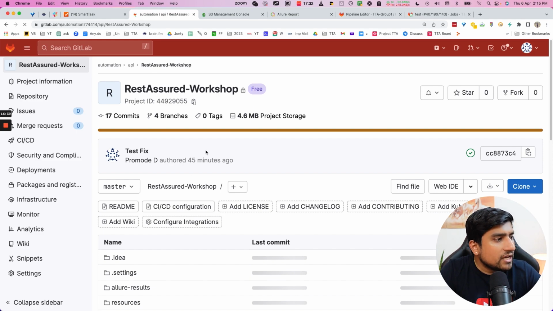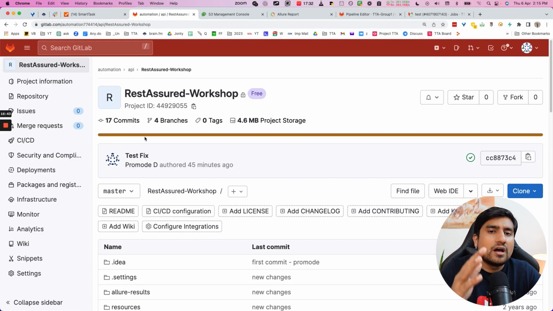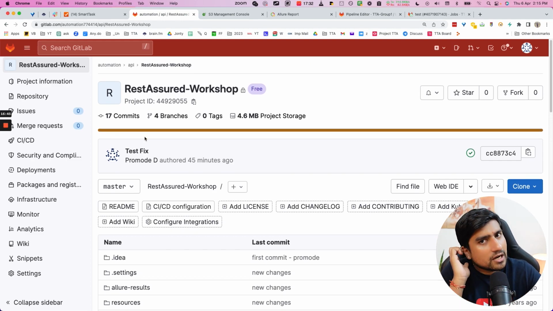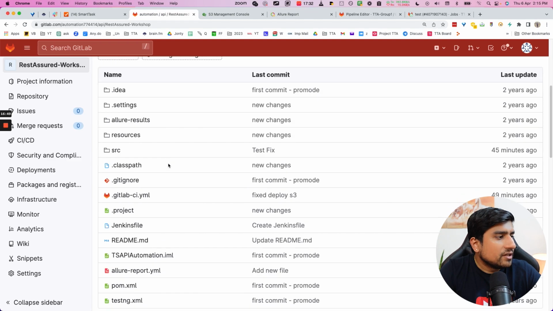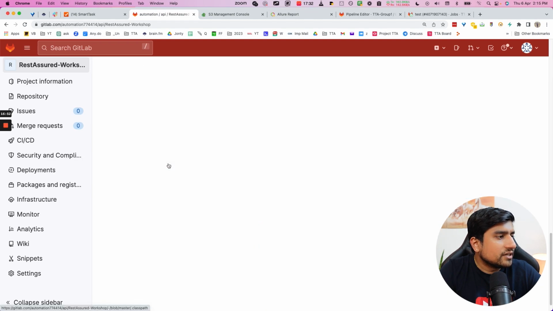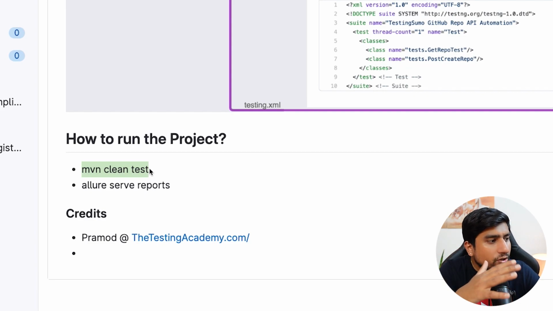Suppose we have already added this into GitLab. I'm going to show you how you can import this GitHub repo directly into GitLab also. So here I have everything available. How to run this project, they have mentioned right here. You just have to run mvn clean test, which means the Docker machine that is going to run this code